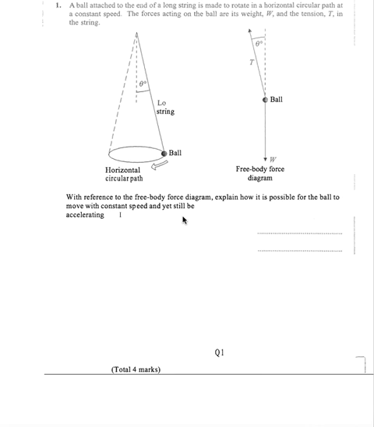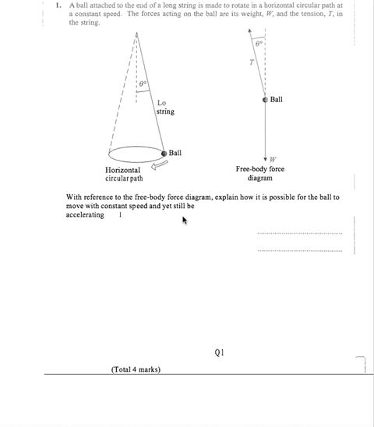Is the solution to the circular motion conical pendulum question. We've done the theory of this already, but here's a question directly related to it. So a ball attached to the end of a long string is made to rotate in a horizontal circular path